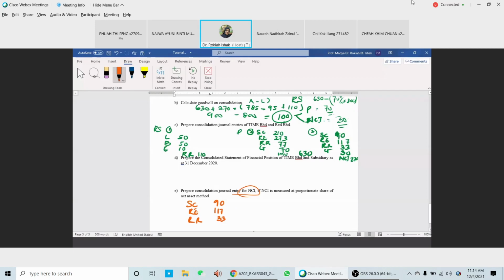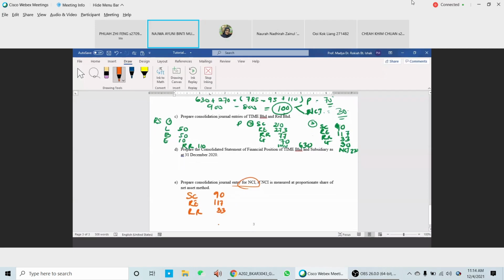And credit NCI. How much do you have here? 240. Okay, so that means there is no goodwill, because based on the professionals here. Okay, how do you find this one? 240 here is